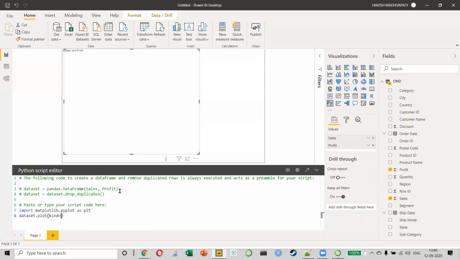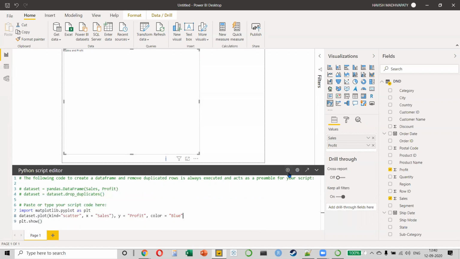We want to create a scatter chart, right? So a scatter chart. On my x-axis, I'll keep my sales amount. And then on my y-axis, I'll keep my profit amount. And we will keep the color as blue, like this, right? And finally, we want to show the visualizations. So we will say plt.show.